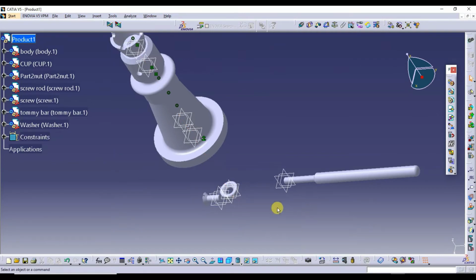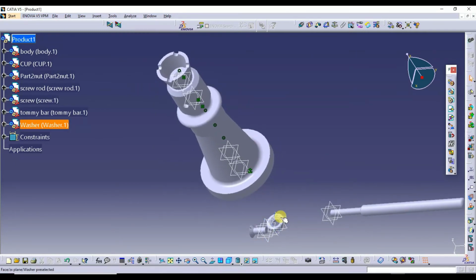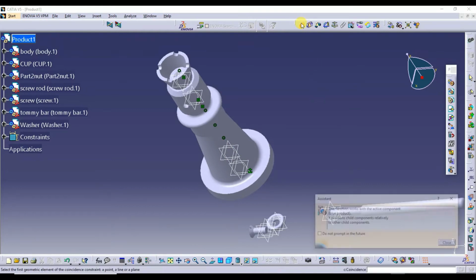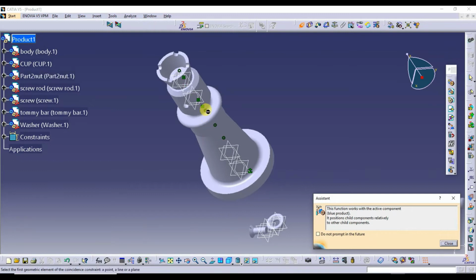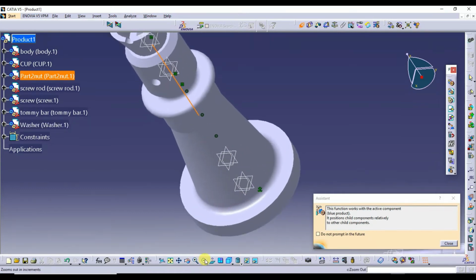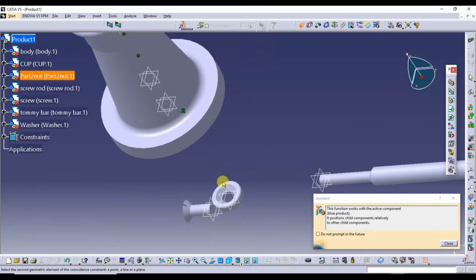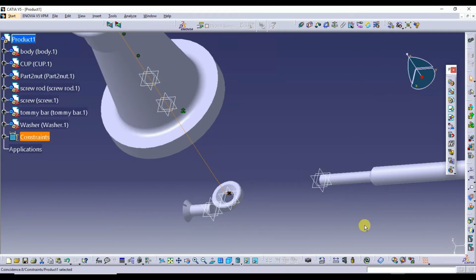Next one is the axis of this should coincide with the axis of this screw body. So I'll use again the coincide command. I'll choose the axis of this. Go for the update command.